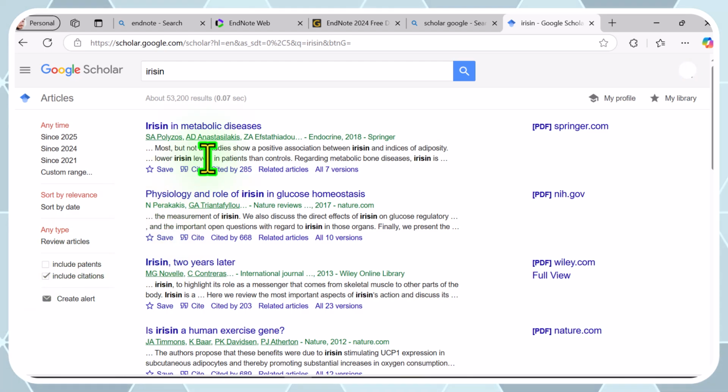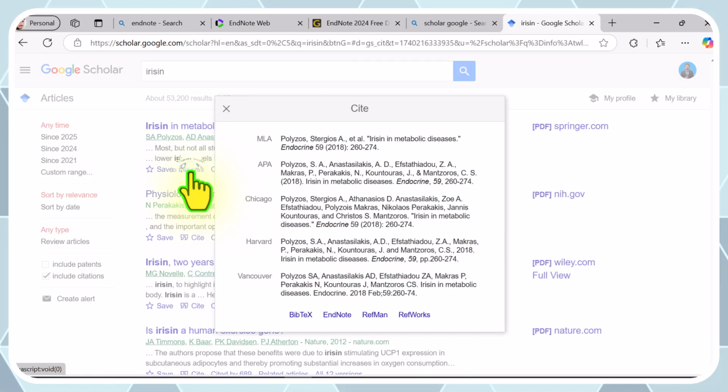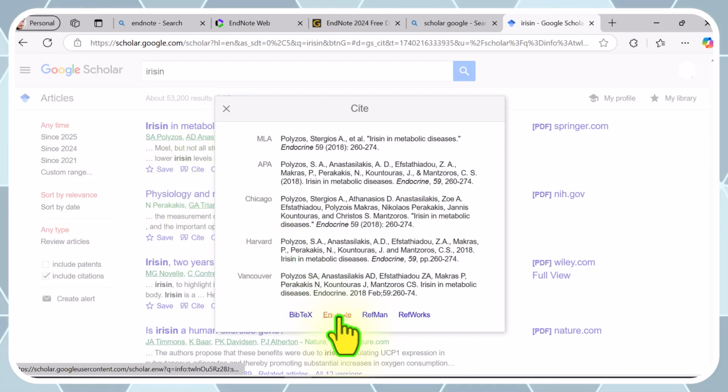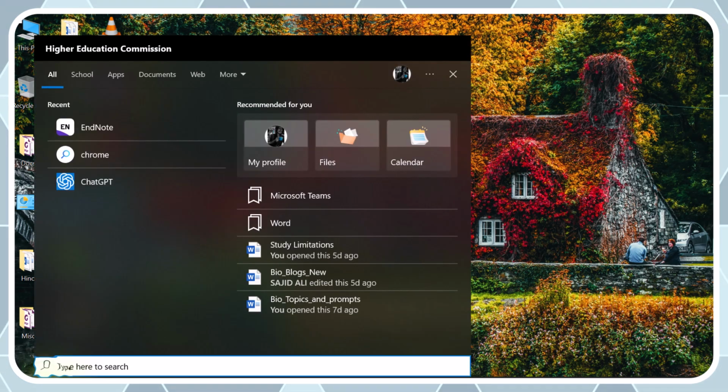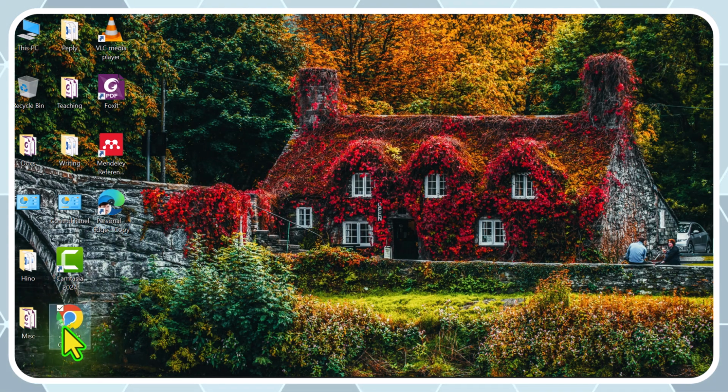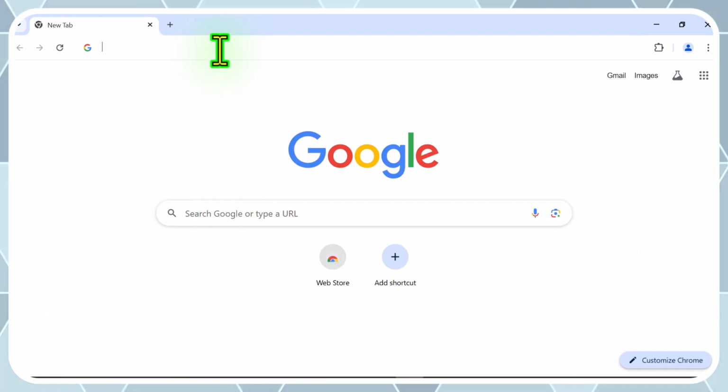You can study the articles from here, but if this topic, irisin in metabolic diseases, is of your interest and you want to add it to your references library, simply click on the cite button and then on the EndNote button to download it for the EndNote library. But unfortunately, as I've already mentioned, Google is not giving us access to download the reference using Microsoft Edge. So we have to open the Chrome browser. In Chrome, we will be able to